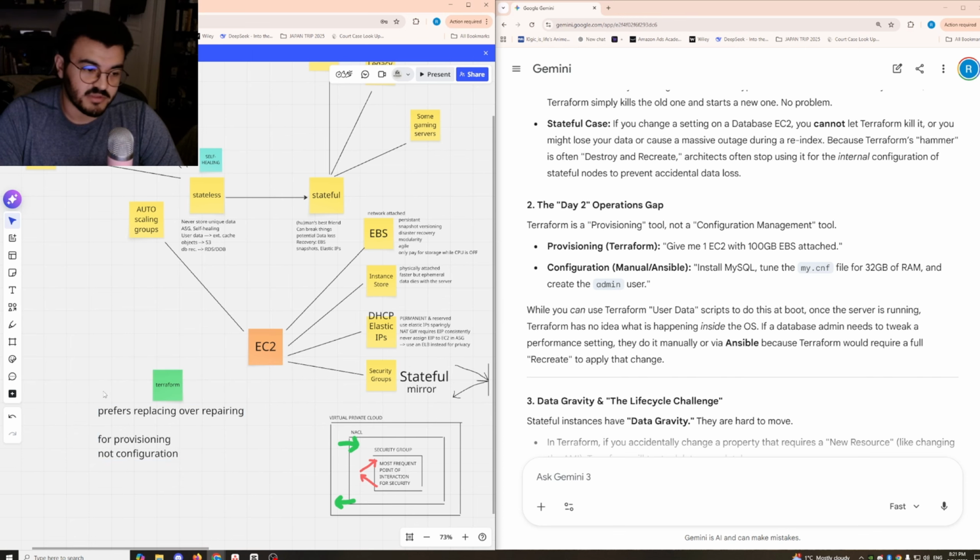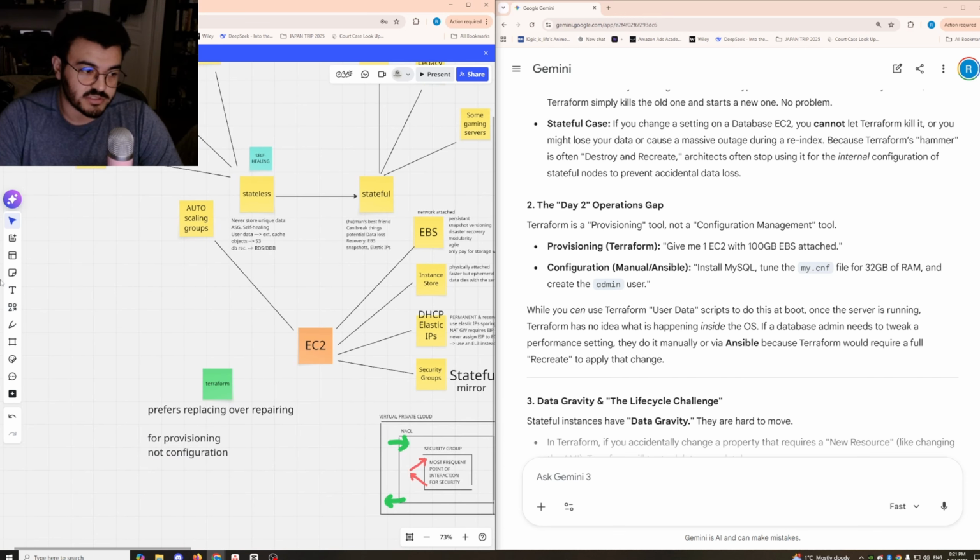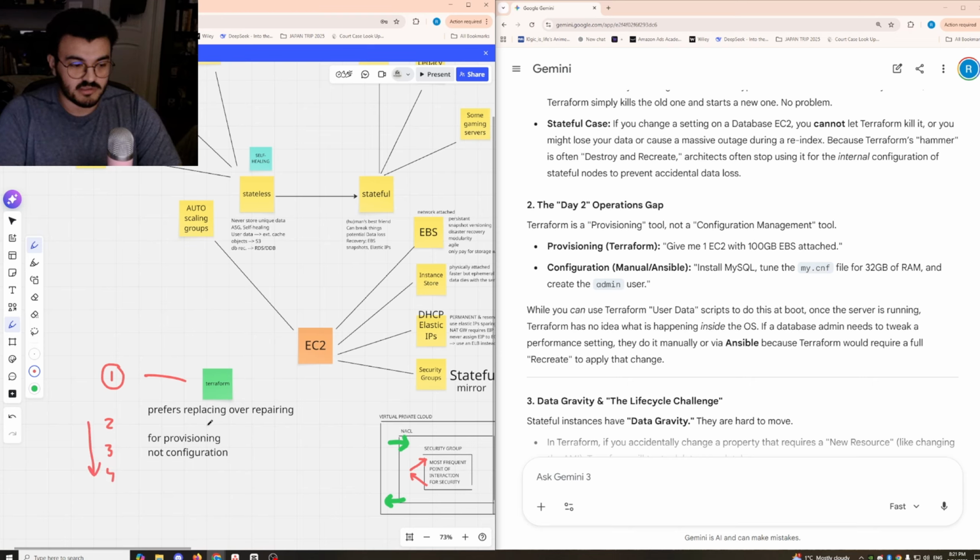So it seems to me that Terraform is just for the start. Like Terraform is for step number 1 of setting things up. But for number 2, number 3, number 4, you go down the rabbit hole, you get deeper into what you actually need. Terraform is not the right choice for that.